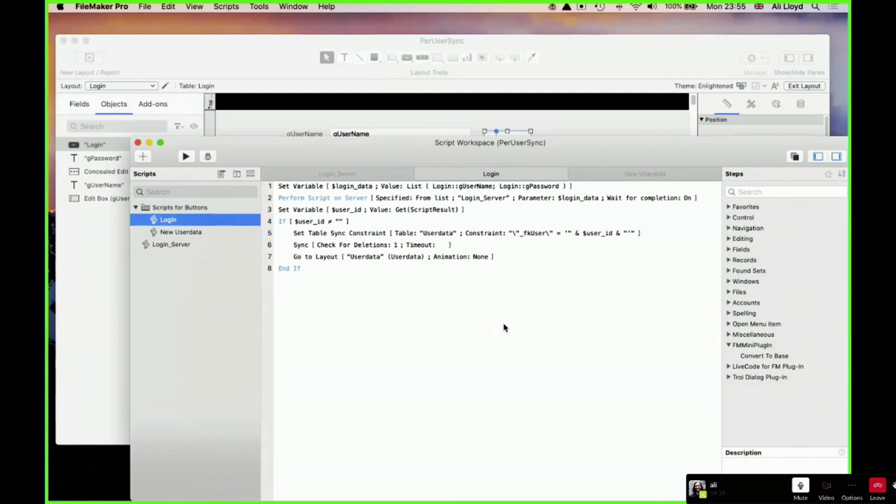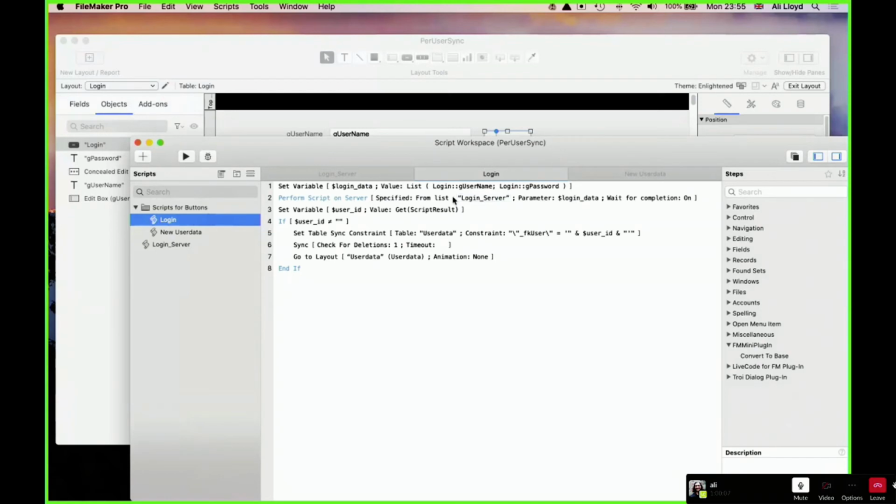What it does here is it packs up the username and password in a list, passes that as a variable to a server script, which is called login server, and that script is going to do your user validation. So it could be as simple as just doing relogin or something like that.